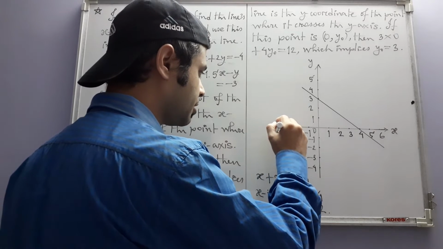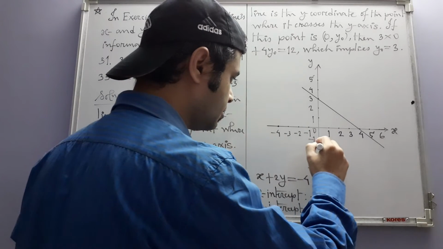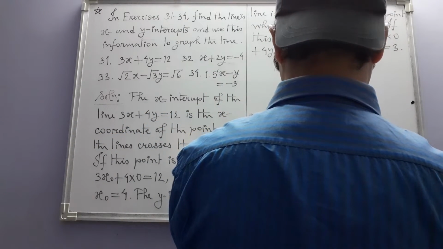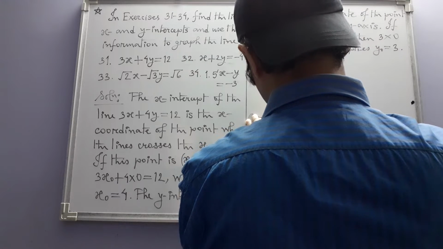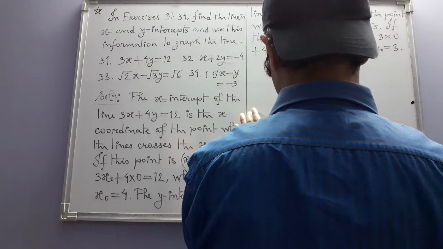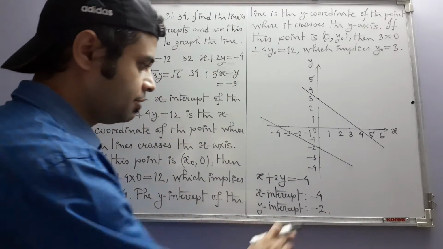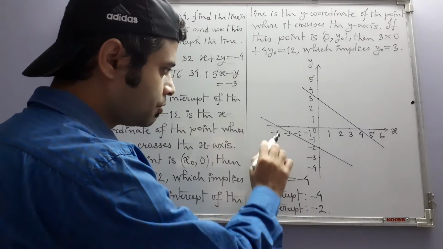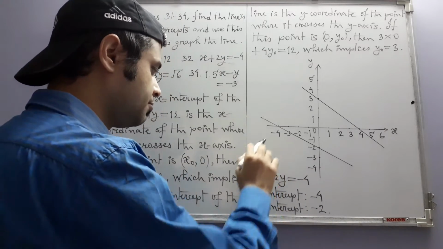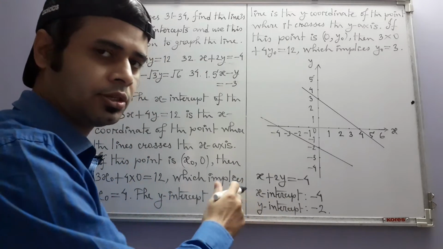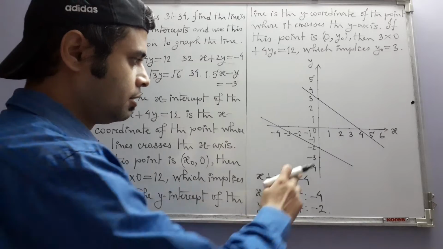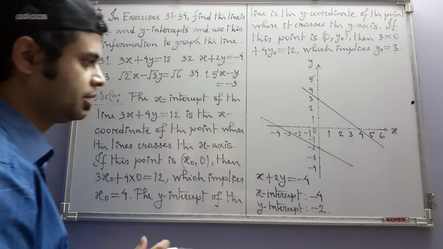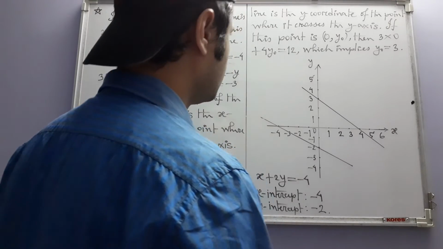So this is the point where the line will cross the x-axis, and this is the point where it will cross the y-axis. If you are not really sure about this, you can put the coordinates of this point here. If you put x equal to -4 and y equal to 0, you see that the equation is satisfied. Similarly, if you put x equal to 0 and y equal to -2, then the equation is satisfied. So yes, that is the line. Okay, then